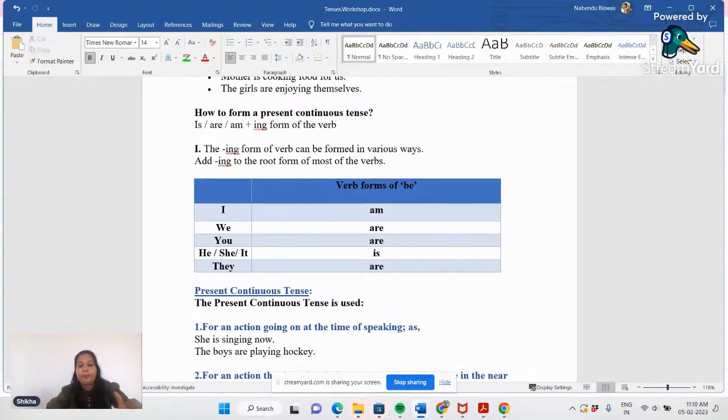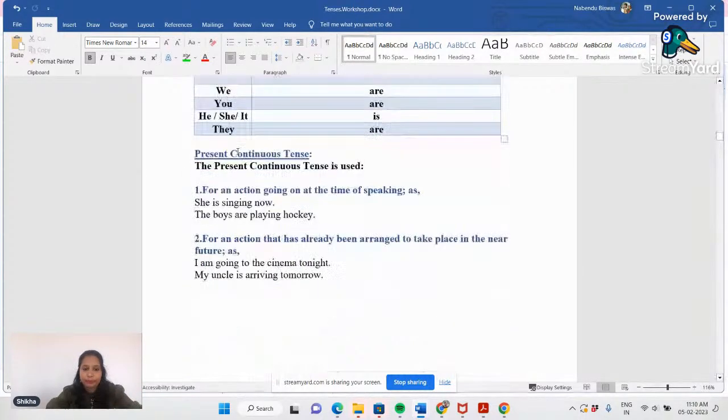In the same way, this is the present form of the helping verb, and in the past form we use was or were. I was teaching, they were playing. Okay, so the moment we use was or were, you come to know that the activity was taking place sometime in the past, right?